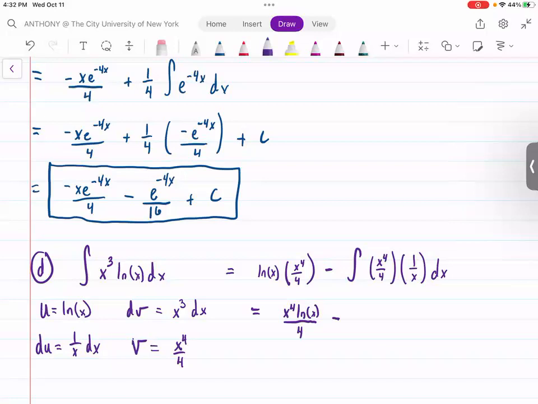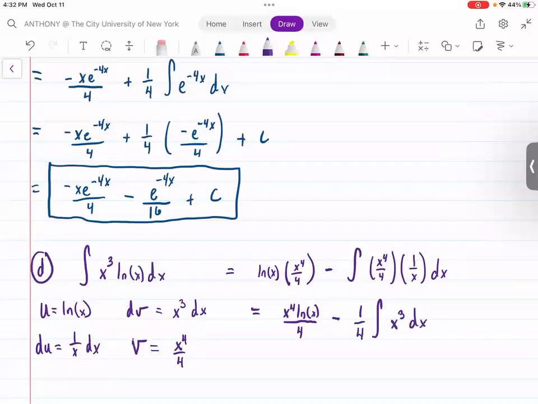You can pull out the 1/4. And then you have the integral of x to the fourth over x. But what is x to the fourth over x? Can you simplify that? X to the third. Right, so cleaning up the integral part, you get negative 1/4 of the integral of x to the third